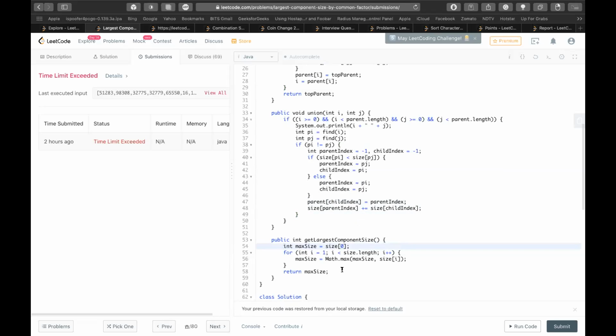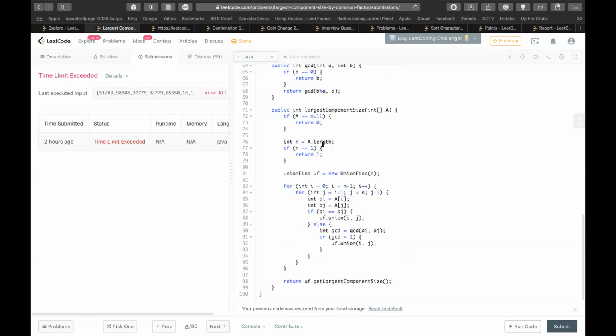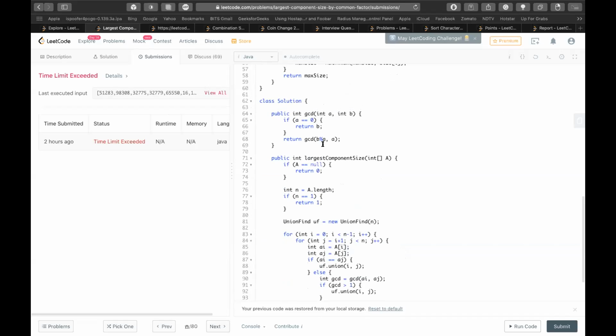Okay. So, but then why should it hit a TLE in your case? You should be able to get it, right? No, I think because it's n square, right? N square, something like that. No, actually. That prime factorization, GCD, because of GCD, I think that is... I don't think so. That also should work. Okay.